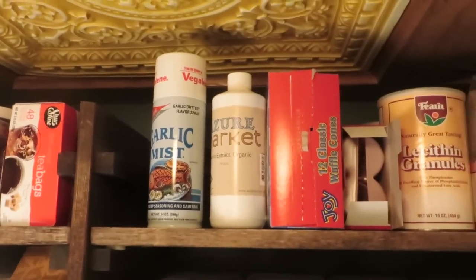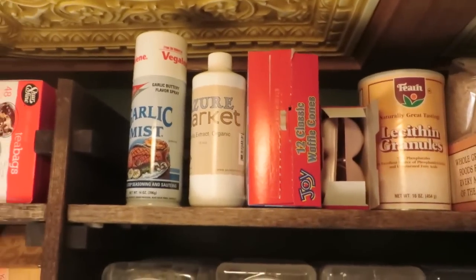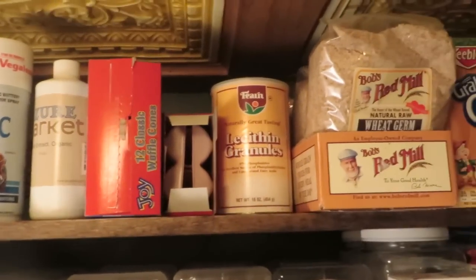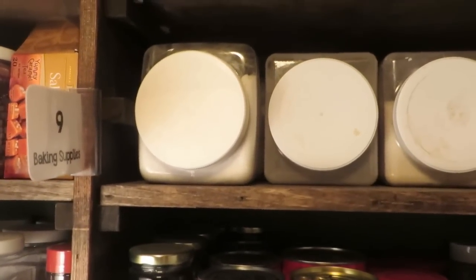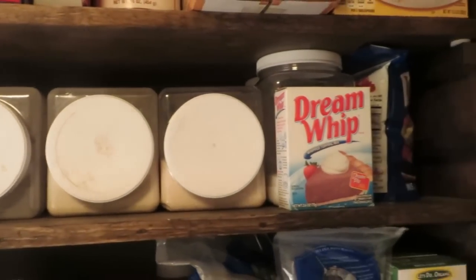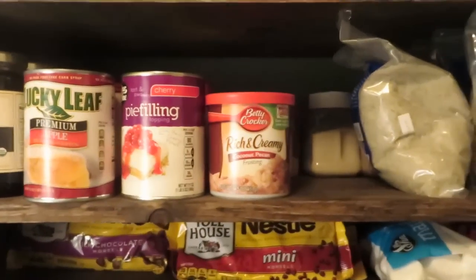So this is section 9, baking supplies, and as you can see, we have our garlic spray, and I usually have some cooking spray there too, but I need to order some more. And our vanilla and wheat germ and graham cracker crumbs, all that kind of stuff. These jars here have baking soda and baking powder, tapioca. Drawing a blank about what the other one has. Then we have our molasses and some pie fillings, frosting,